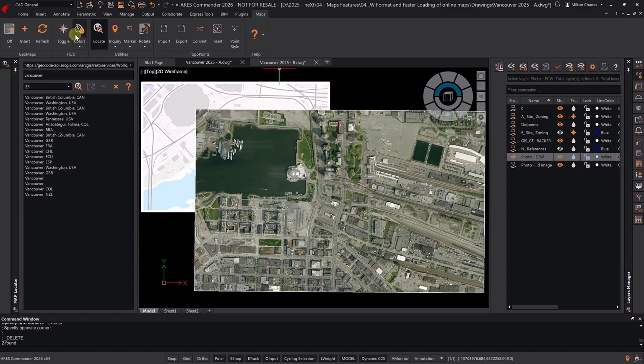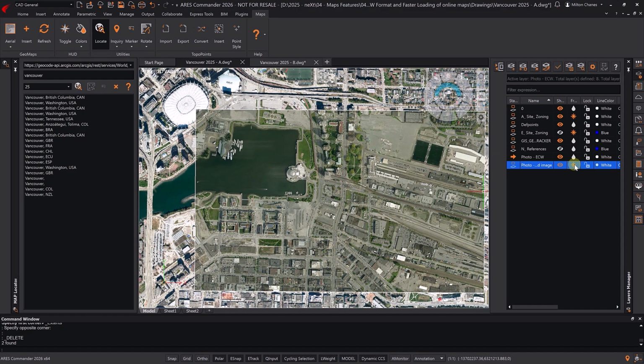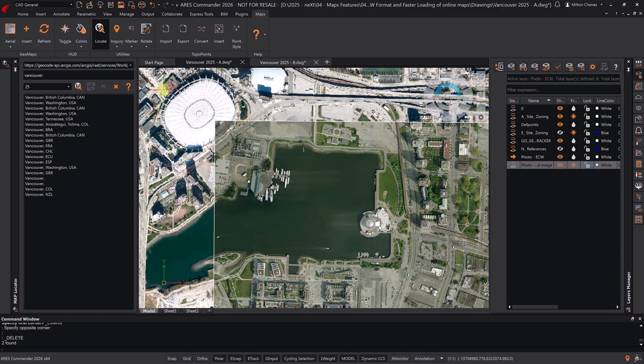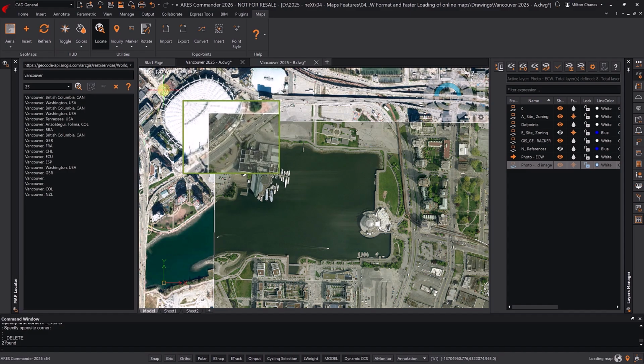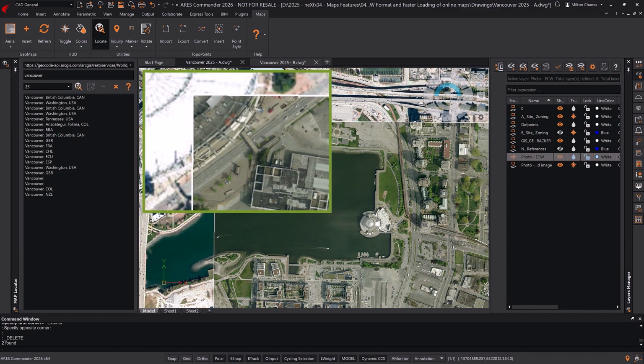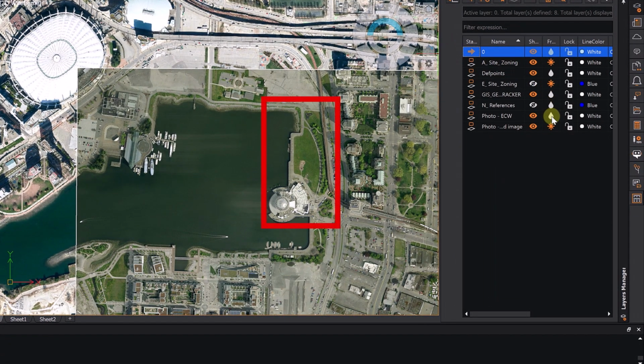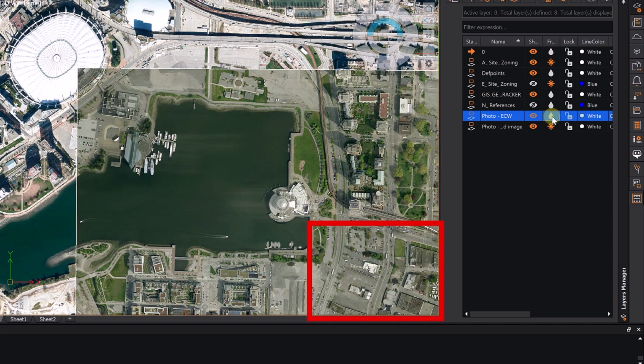We could now activate the map with aerial photography to compare the information we have in Aries Commander with the ECW photo we inserted, which dates back to 2011. We can always continue adjusting the scale between the photo and the reference map. Beyond that, we can observe some subtle differences in this particular area. For example, in the 2011 photo, the stadium didn't have its roof yet. There are also small changes to the paths within this grassy area, as well as new buildings visible in another section.